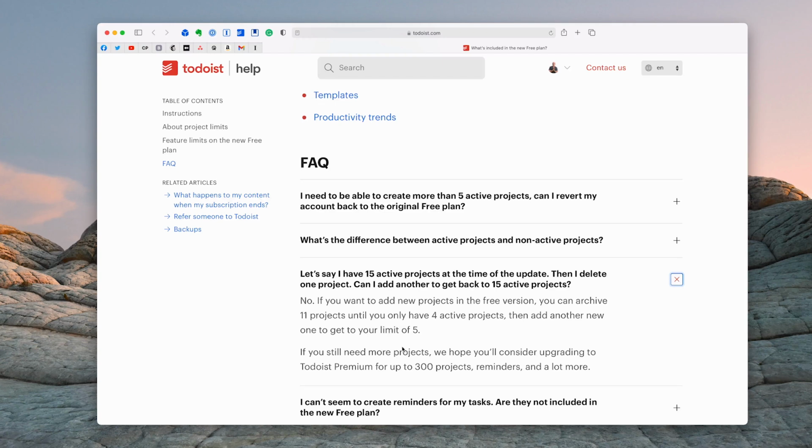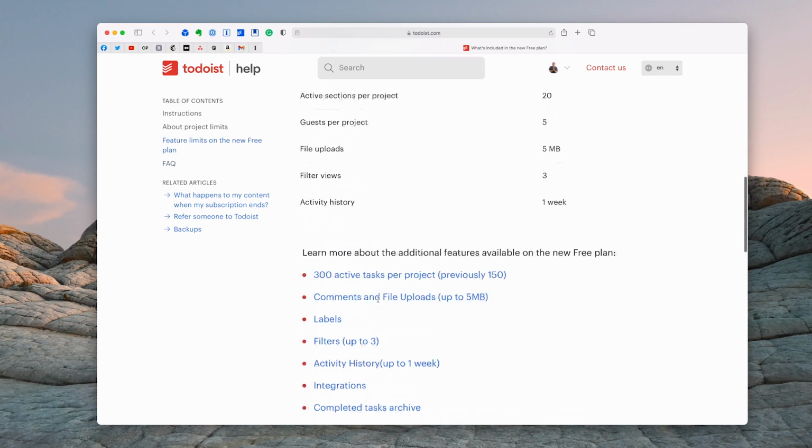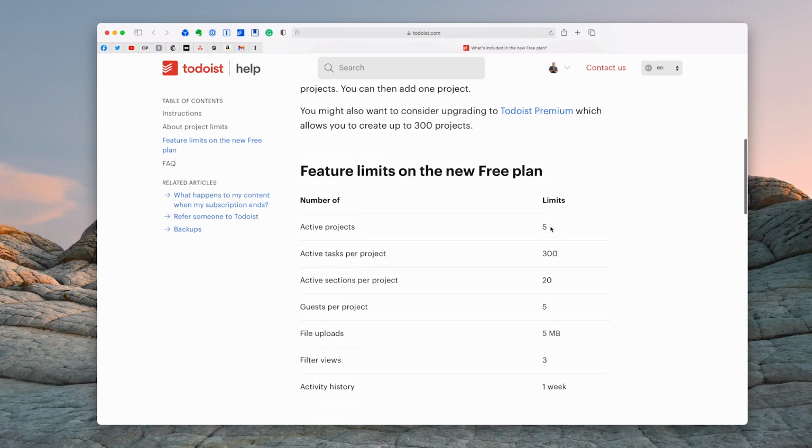So maybe you might want to change the name of a project, but perhaps that's not what Todoist want you to do. But that's just something that you want to keep in mind. You are going to be limited to 5 projects, but that doesn't mean that they're going to move those projects when they change. You're not going to lose them. The other thing to keep in mind is if you really do need more, you can actually use sections, and you can go up to 20 sections per project. So overall, you're going to have a lot more new features.